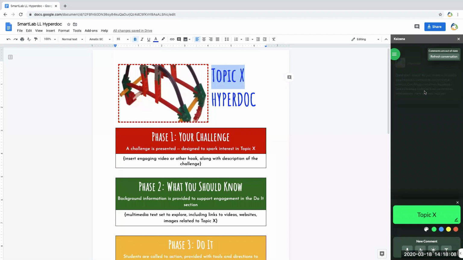It does connect to Google Slides, although that is a paid version. I think it's like $6 a month. So if you and your students use Google Slides a lot and it's worth it, and maybe you get some money from your school to adapt to e-learning, then you could totally go for it.